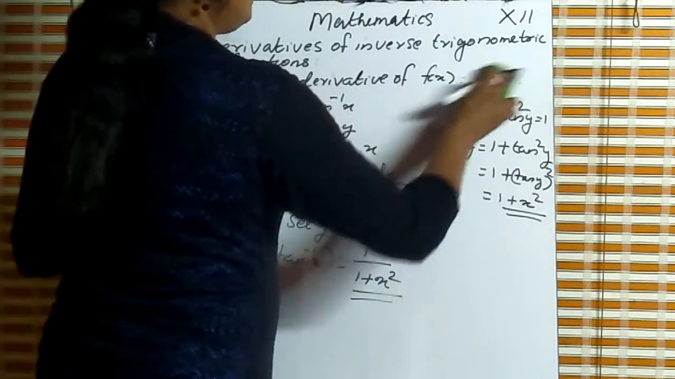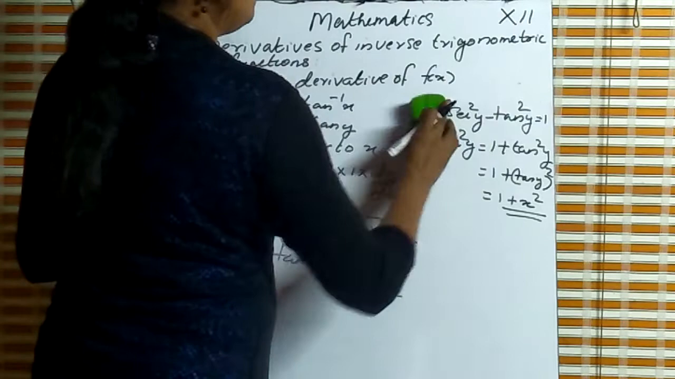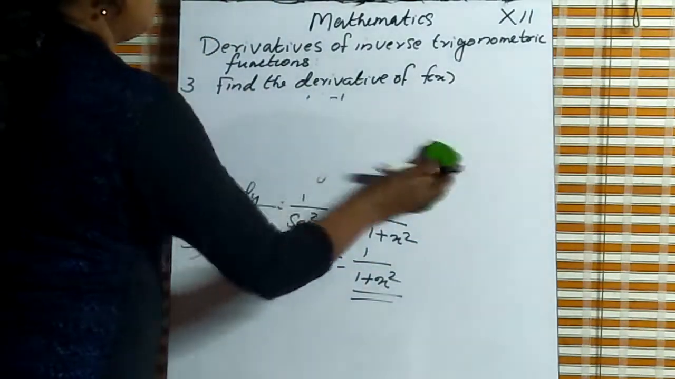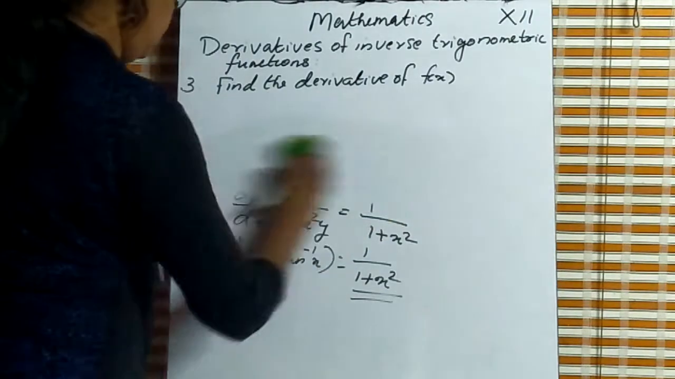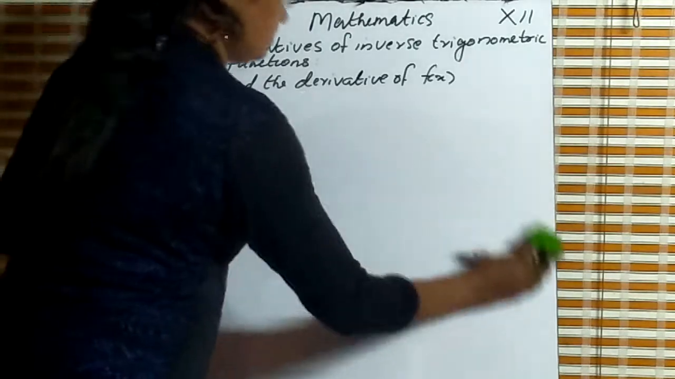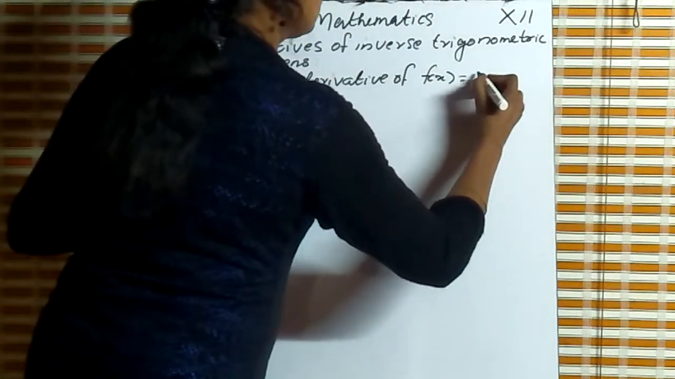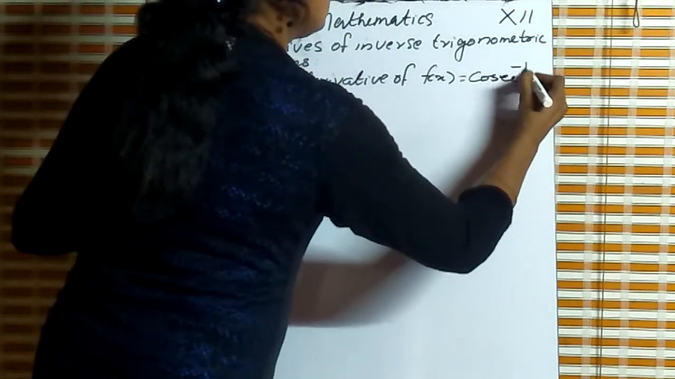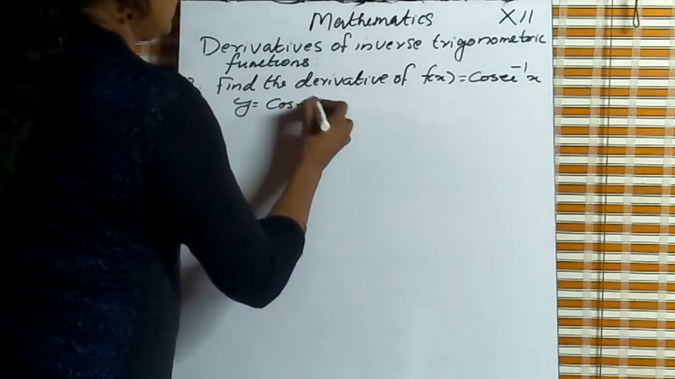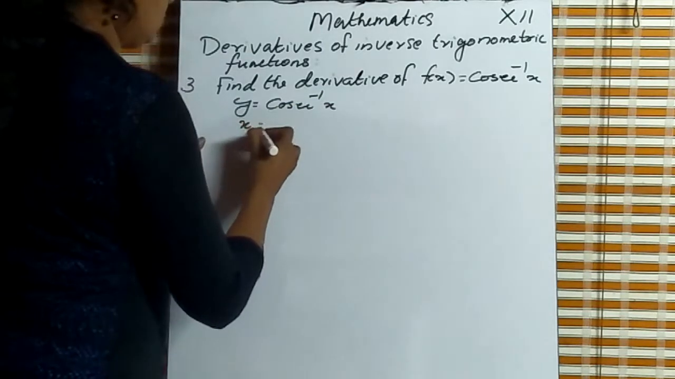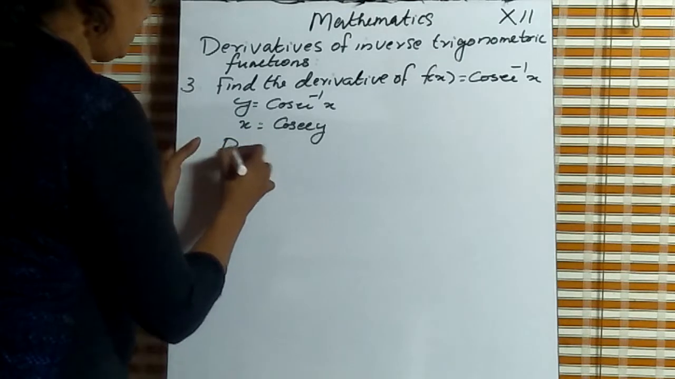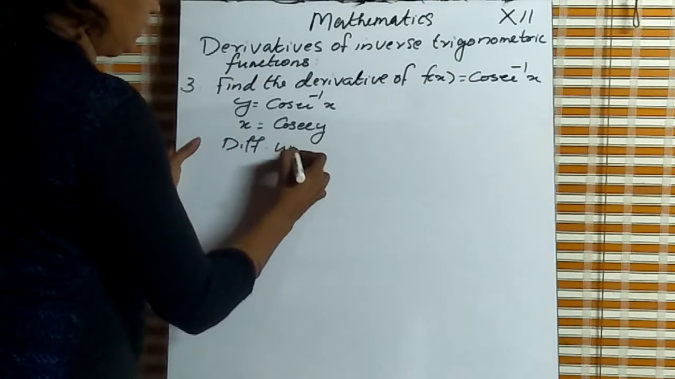Then find the derivative of f(x) = cosec inverse x. Y is equal to cosec inverse x. X is equal to cosec y. Differentiating with respect to x,